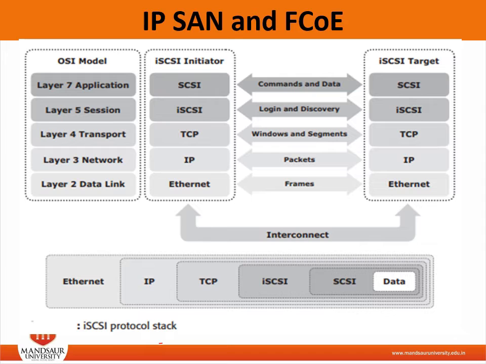TCP is used with iSCSI in the transport layer to provide reliable transmission. TCP manages flow control, windowing, error recovery, and retransmissions. It relies upon the network layer of the OSI model to provide global addressing and connectivity. The layer 2 protocols at the data link layer enable node to node communication through a physical network. So this is the